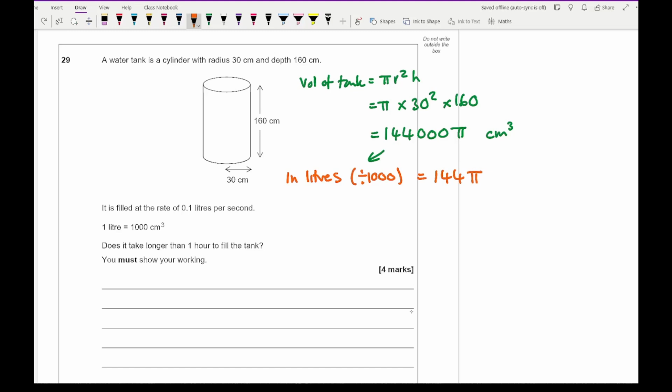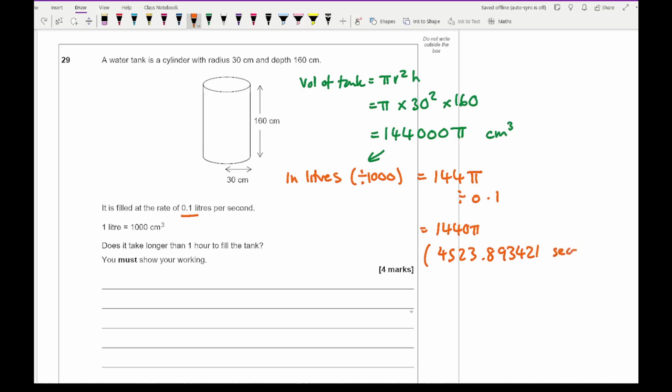Now we want to see how many seconds this is going to take. So if I divide this number by 0.1 litres per second, I get an answer of 1440 pi, or as a decimal, it's 4523.893421. Now that is how many